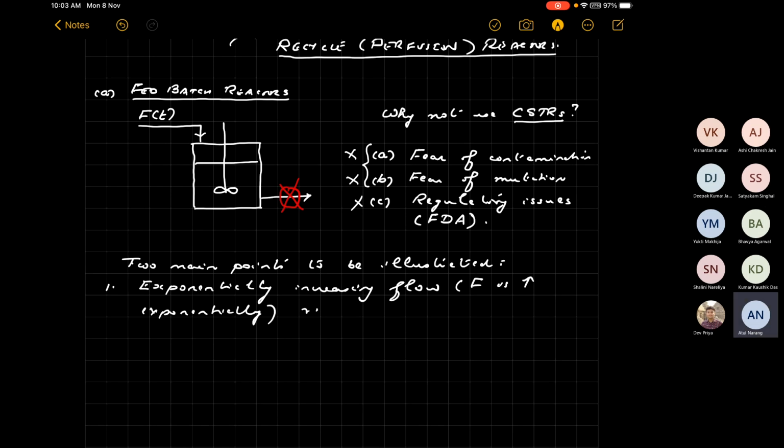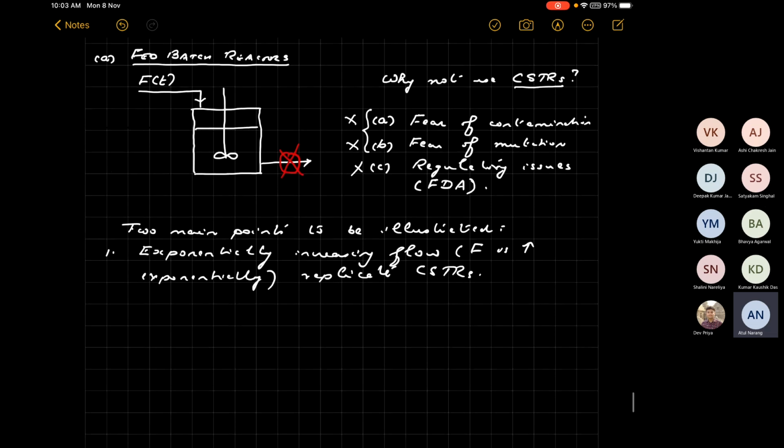Yeah, replicate CSTRs. By replicate, I mean that basically, you give me a value of D in a CSTR, and I can choose F of t that is growing exponentially with the exponent e to the power Dt, and that fed batch reactor will give me exactly the same steady state as the one that I got in the CSTR at the dilution rate D. So, since it can mimic or at least replicate what I can get in a CSTR,